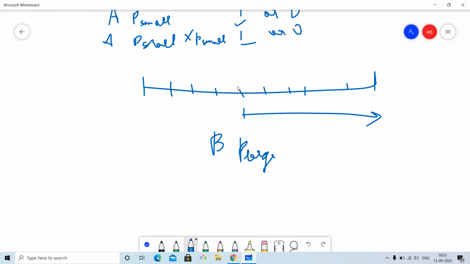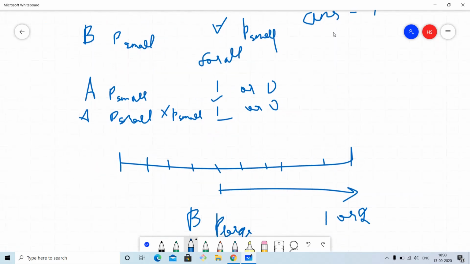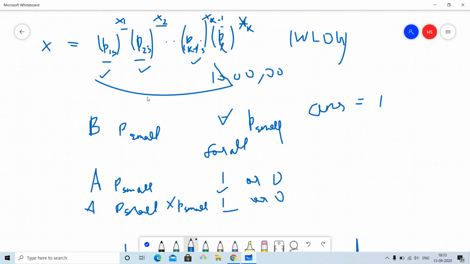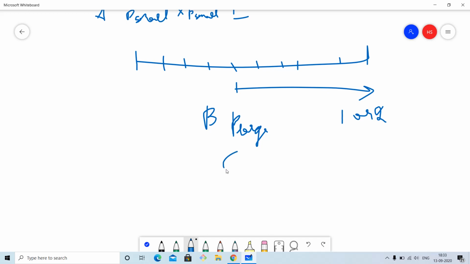We will process B p large, and B p large can only have two values. It can be 1 or it can be 2. If it is 2, it means that our p large and the x which contains p large are there in the set. So whatever the answer is up to that point, we will multiply it by p large and output the result.